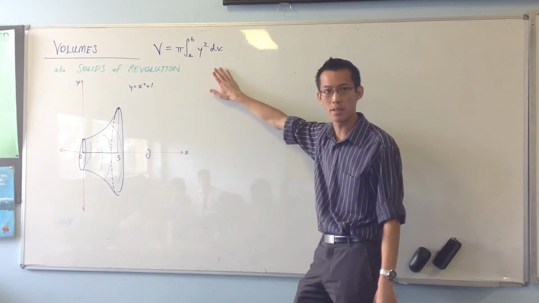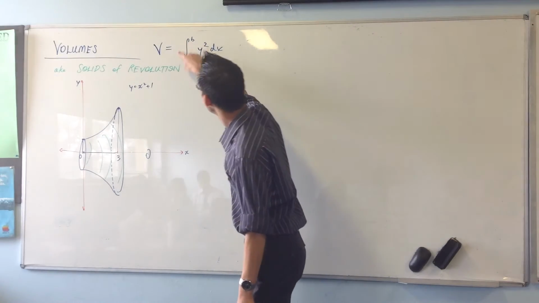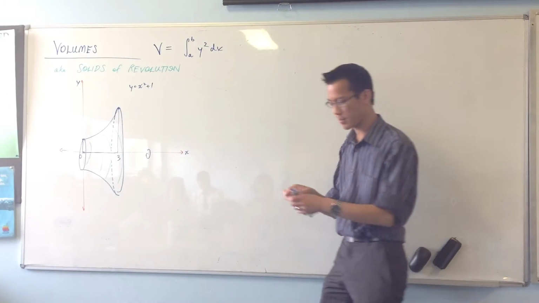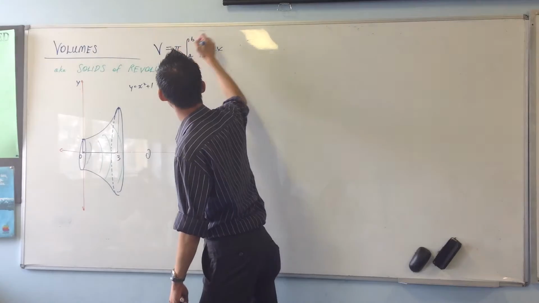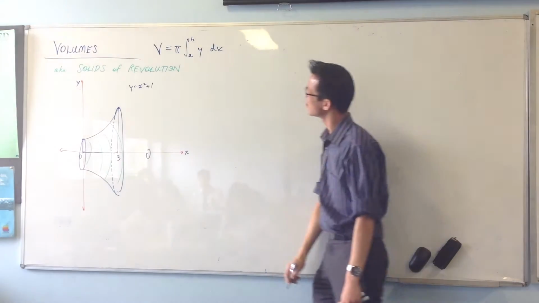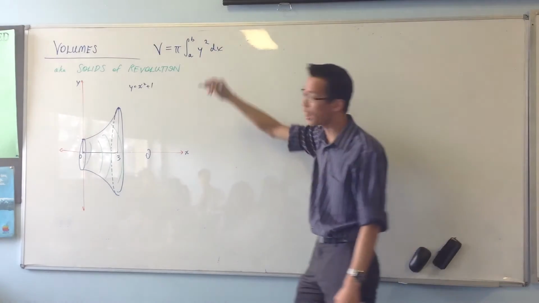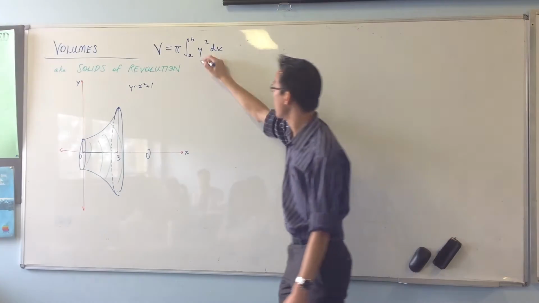Because if you write the formula wrong, it doesn't even look right. So you're like, oh, something looks like it's missing. And in the same way, if you forget the squared, you're like, that's an area, obviously, right? So that's why I write down the formula first. Okay? And having done that,